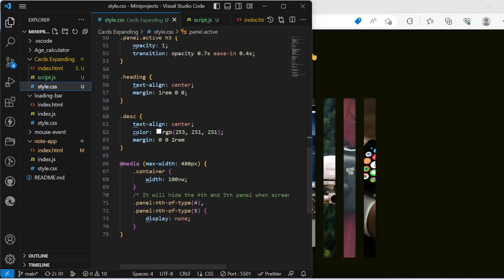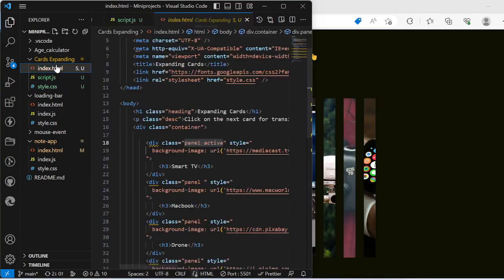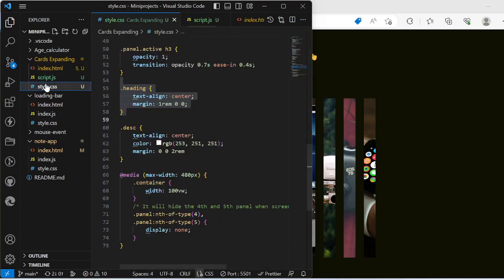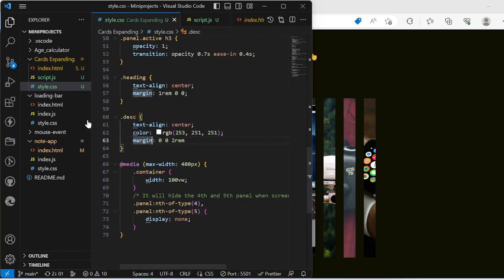And then we use the dot heading, which is nothing but this h1 tag. This h1 tag comes to the center, taking the margin automatically from the left and the right, and we use